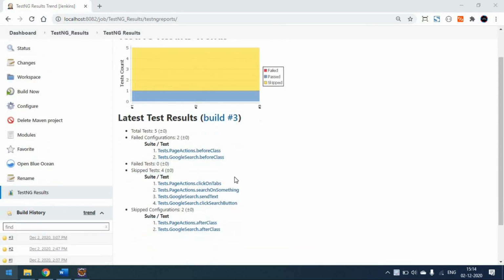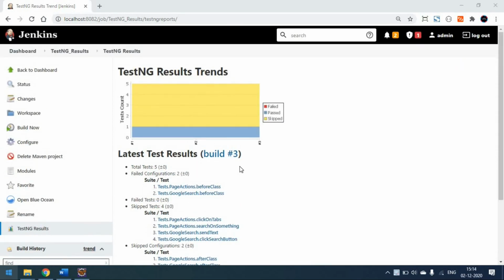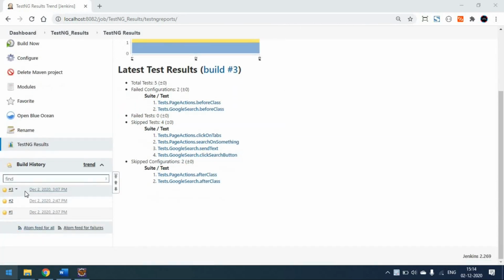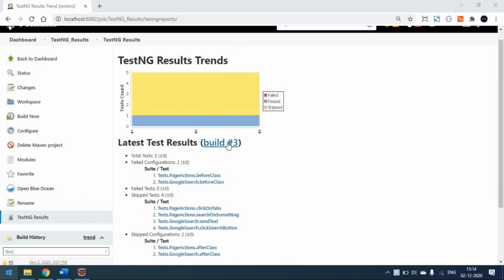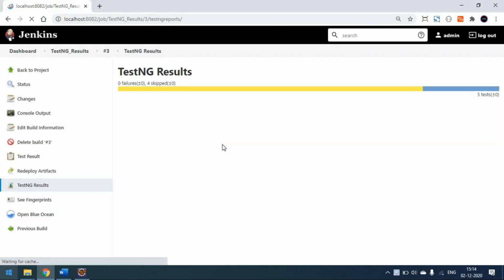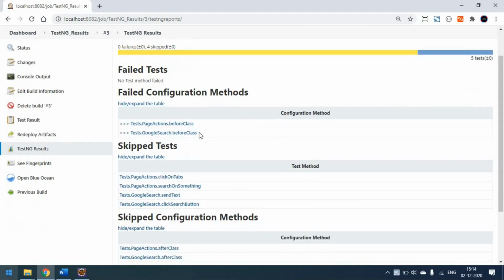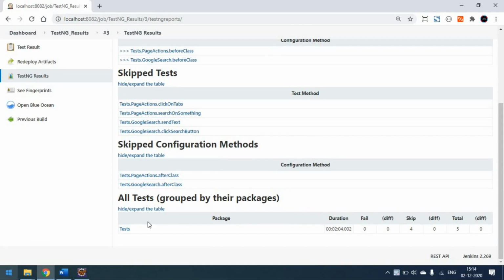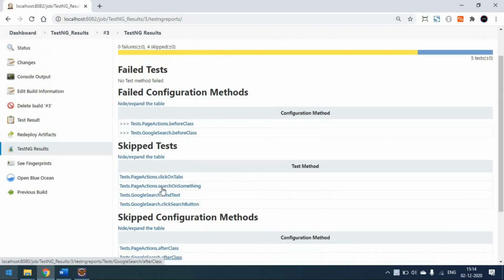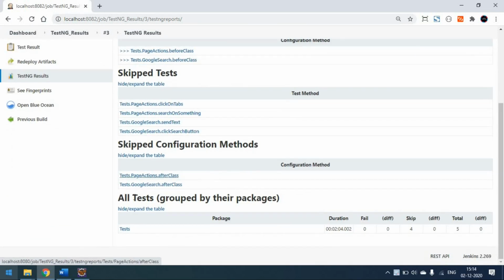So once we are here, we can go for a report option. I ran one more time, okay, to check the trends. So that's why it's showing as build 3. So I will click on this build 3 to get into the report, much more detailed one, right? So now you can see, everything is coming within the detailed thing, right? So here, tables and everything is coming here. So we can go to any one of these tests,